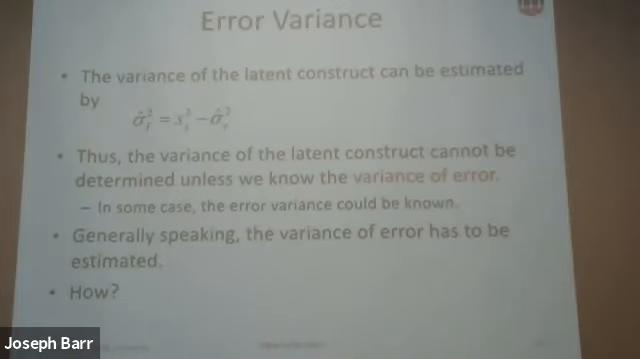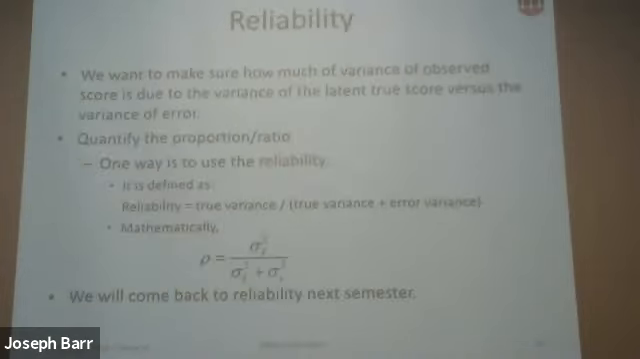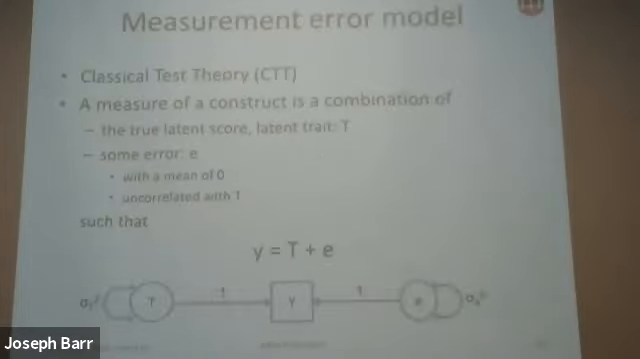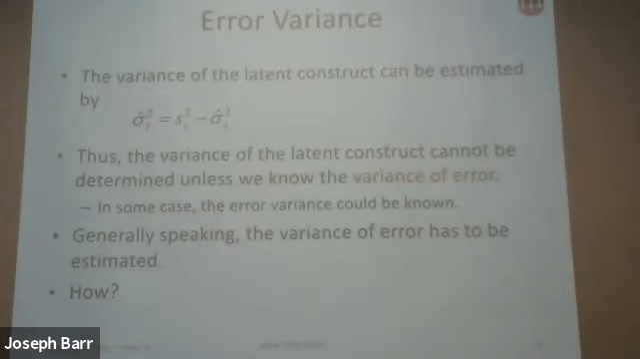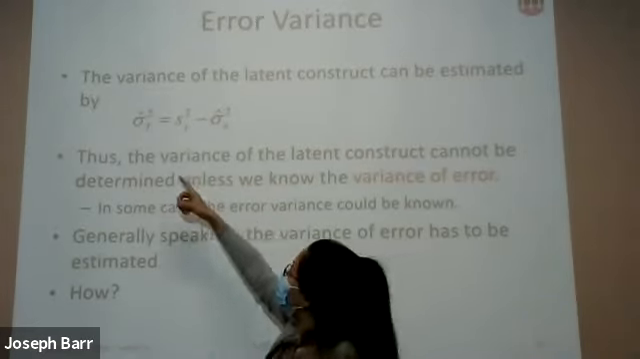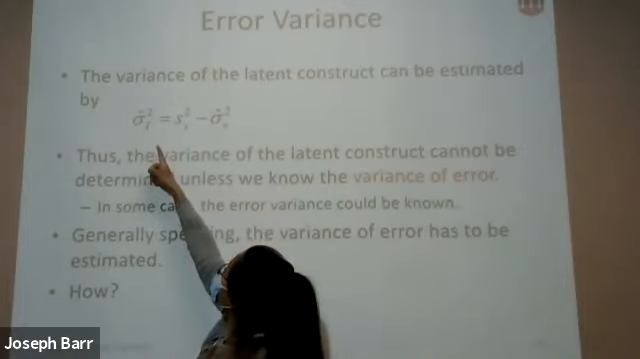Okay, then let's go back to the error variance. We have already shown that the sum of the variance of the true score and the error part is the variance of the y. So in order to get the top part, the variance of the true scores,